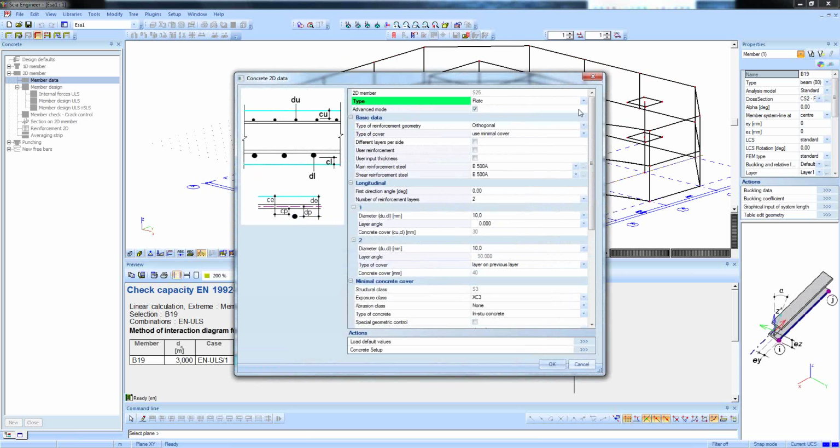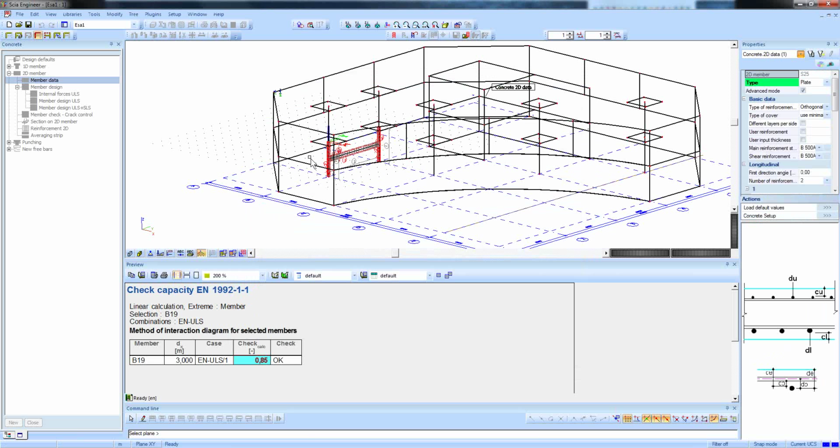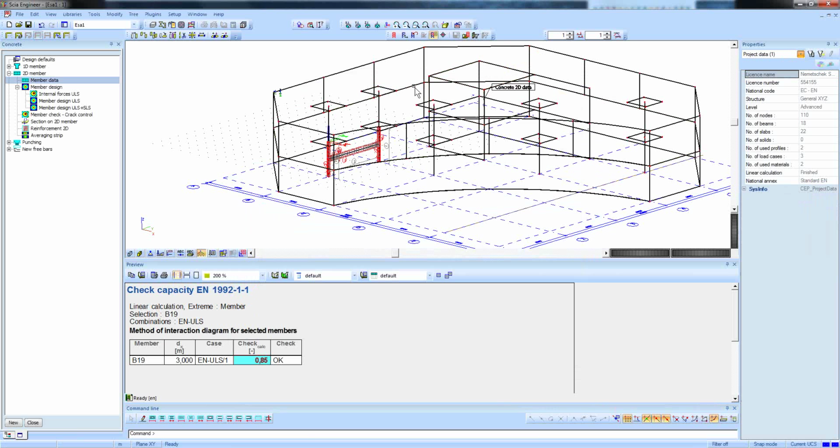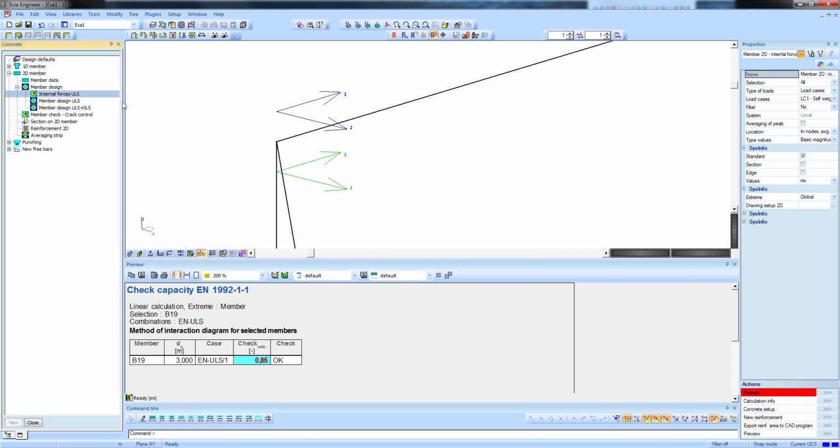If I want to input member data, those are settings which it uses to calculate. But you can also indicate the directions with it. And the directions, I've just clicked OK, but when you have concrete data on a plate, you will see the reinforcement directions. When I'm going to calculate internal forces or amounts of reinforcement,